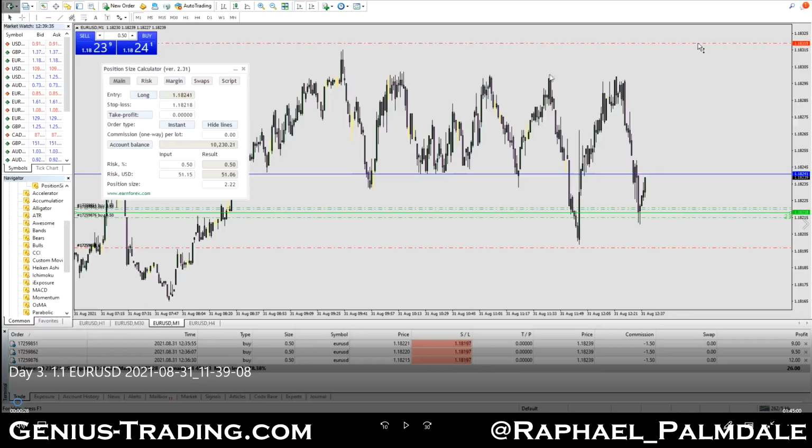Boom. And as soon as we violated the structure over here, I mean we barely busted through that one, but it is kind of a liquidity grab, it is kind of a break of structure in my eyes. We've broken the structure over here, on a really small time frame. But anyways, what I'm looking for is this liquidity grab, and I know it is a liquidity grab if I see a couple of breaks of structure here, and then this area here becomes my